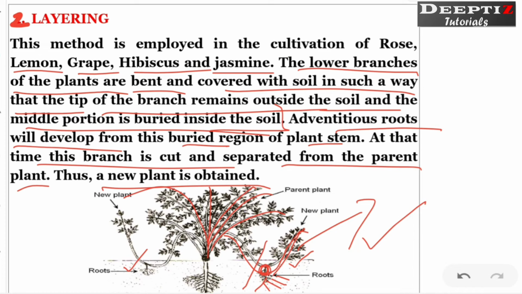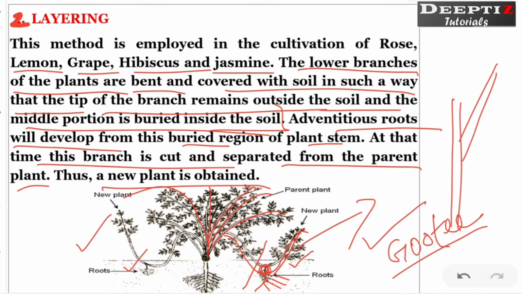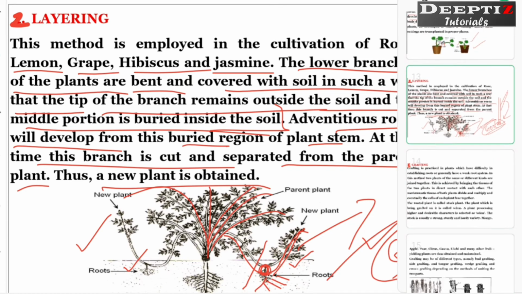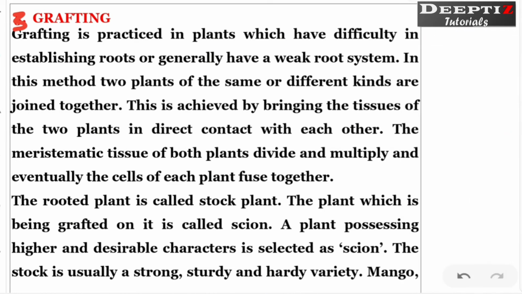So I am giving you one homework. Just find what is goody. Layering is divided into two: ground layering and air layering. This is an example of ground layering. Suppose there is a large tree which has a branch. How are we going to bend it into the soil? Is it possible? So this is your work. Find it. Right?